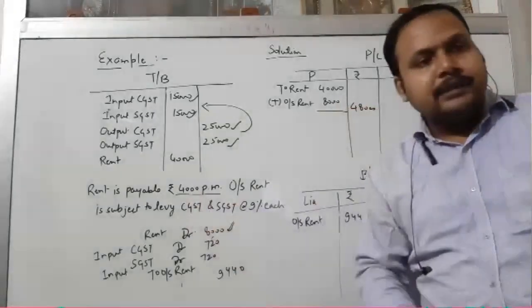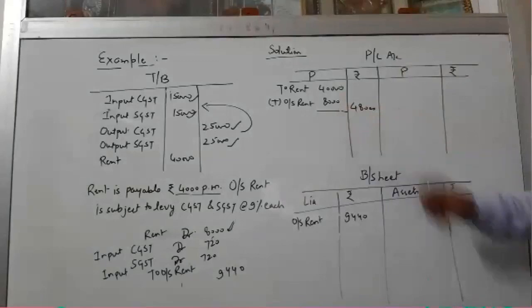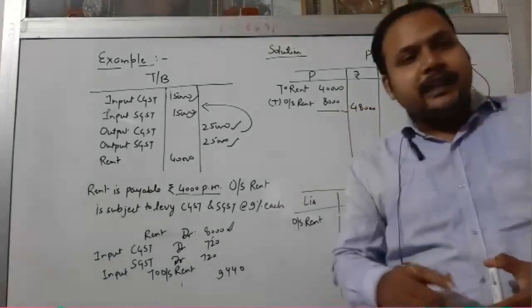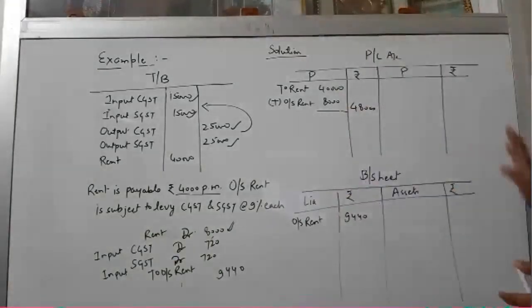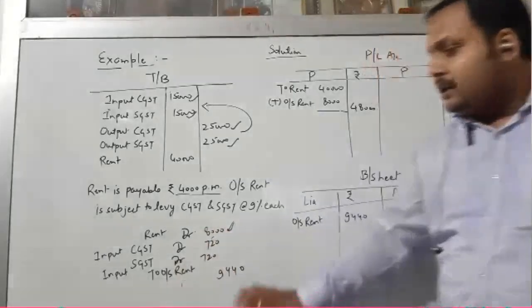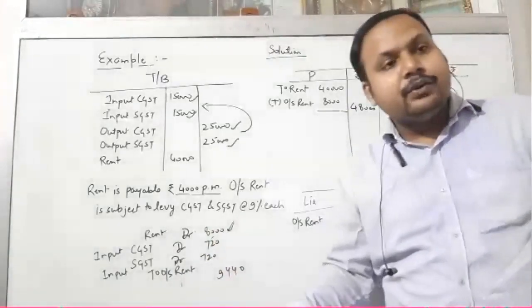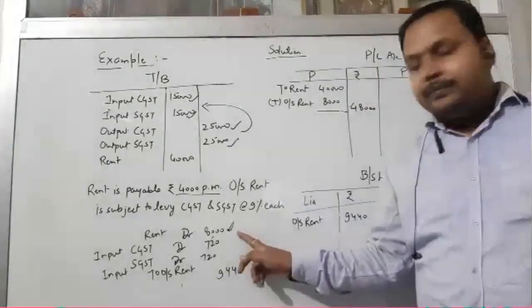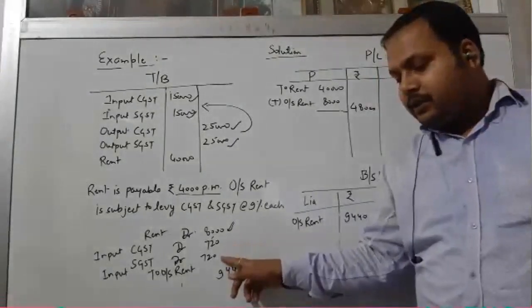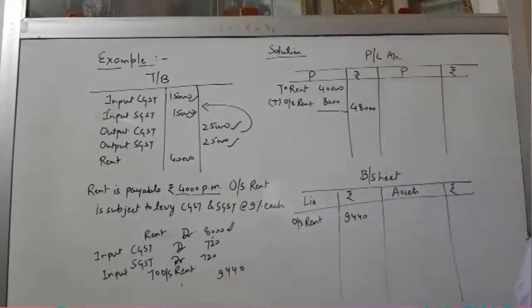4,000 per month के हिसाब से देना था 48,000, but हमने pay कितना किया, 40,000, तो 8,000 हमें और pay करना चाहिए था। Because, you know very well, outstanding rent को हम लोग respective expenses में add कर देते हैं। I hope it is clear. Number second is, जब हमने ये entry pass कर दी तो we find out कि हमारी liability कितने से भी increase हो रही है, that is 9,440। क्यों? क्योंकि आपको 8,000 रुपए rent देना है और GST का 720 and 720, total मिलाकर देना है, यानी आपको 9,440 rupees pay करना है। यहां तक कोई doubt नहीं होने चाहिए।